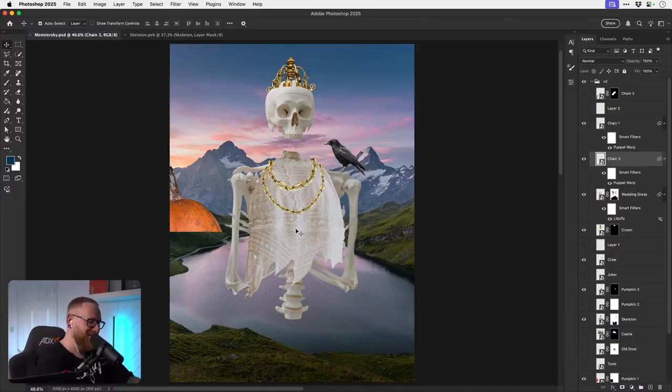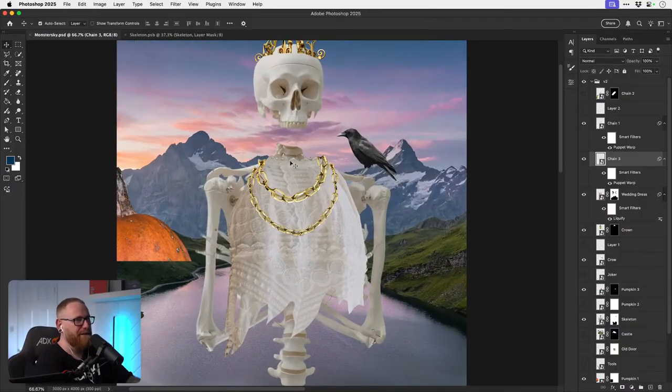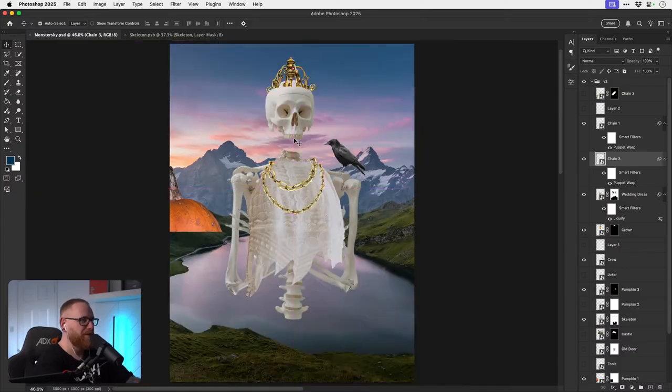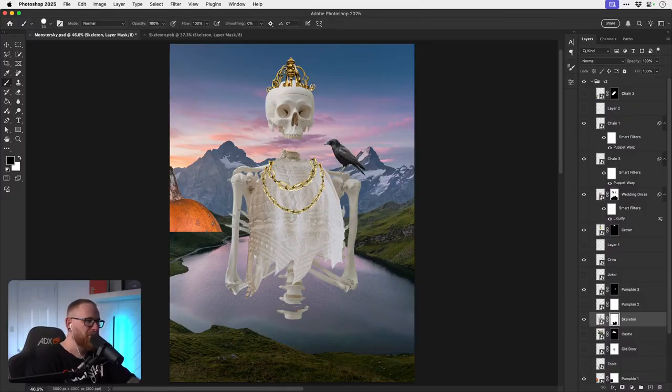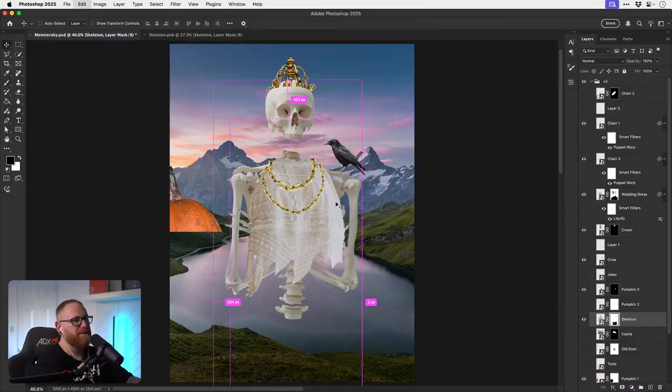Go one up, Mr. T. Skelly's neck. He doesn't have a neck. He's got a little bit there. His head's gone. And let's get rid of this as well. I mean, we could even just extract the spine and turn it into a tail, a Loch Ness style tail, just to make this even weirder.